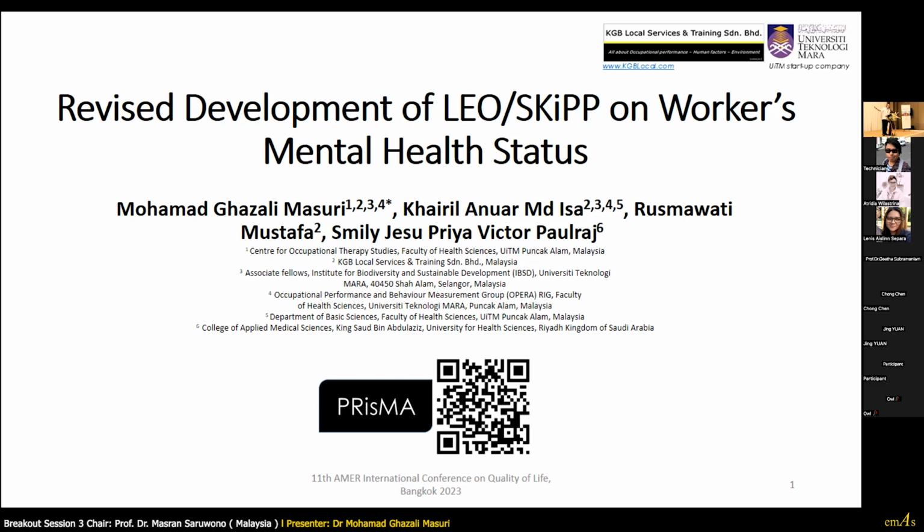So this is the assessment tool that we use. Unfortunately, this is in Bahasa Melayu. Earlier in this session, I did share with other speakers that if you are interested in collaborating with us, we can look forward to translating it into maybe Thai, Cantonese, or Mandarin. This assessment will be launched at the end of this year, and inshallah it will be used as one of the national guidelines in Malaysia to measure mental health issues among Malaysian workers. We know that mental health issues are very critical, and contribute a lot to the quality of life of our workforce.